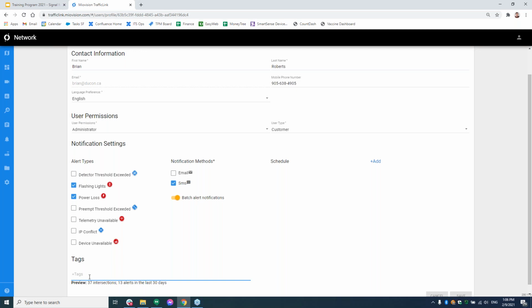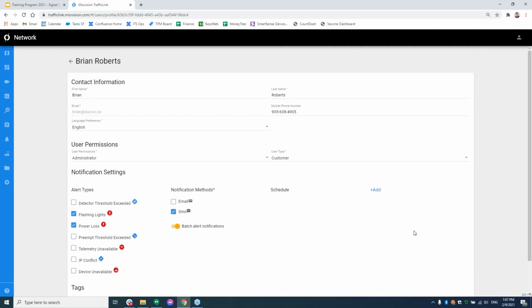And then you can set it up so that intersections in that grouping would only get messages about that. I'll show you that again at the intersection level in a second, but we'll come back to that. So just keep in mind that there's this tag part at the bottom here that I find really helpful.